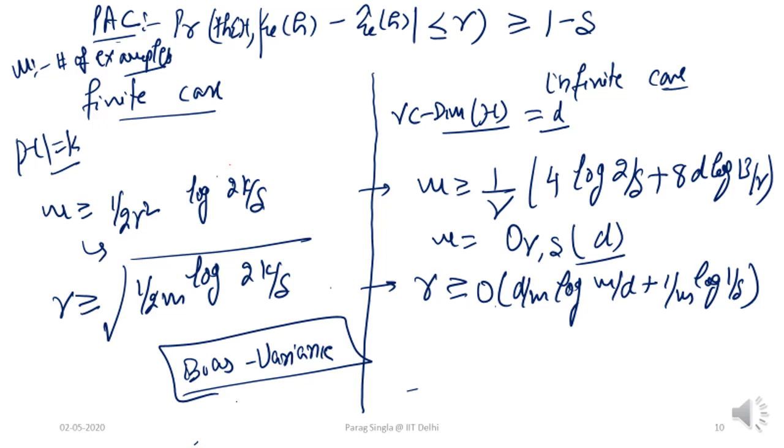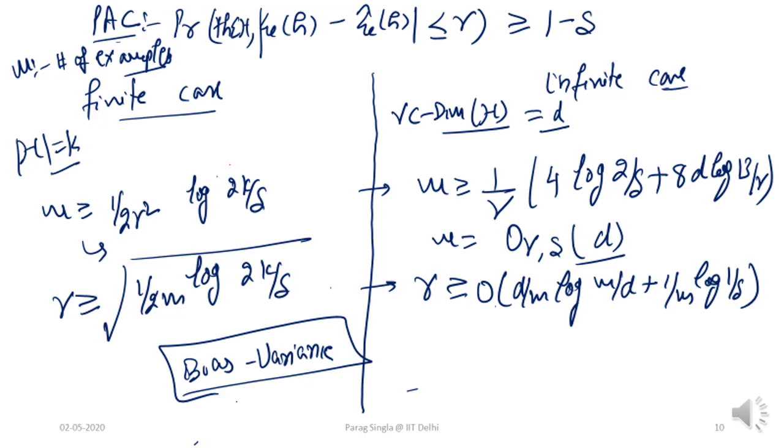In the case of an infinite-sized hypothesis class, the role of k is replaced by the VC dimension. This is really the key intuition: in the finite case, the representational power of a hypothesis class was captured by its size, but when the size is infinite, we still want to be able to distinguish, say, linear classifiers from quadratic classifiers. Therefore the role of the size of the hypothesis class is now substituted by the VC dimension, and these bounds are expressed in terms of it.